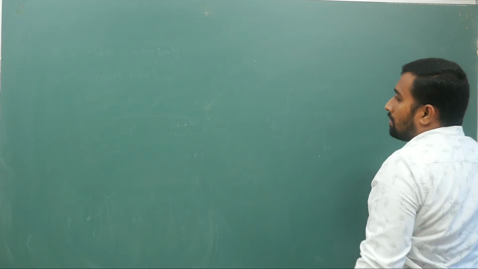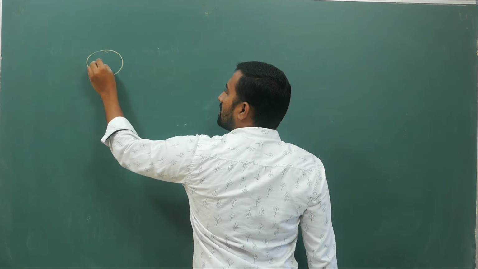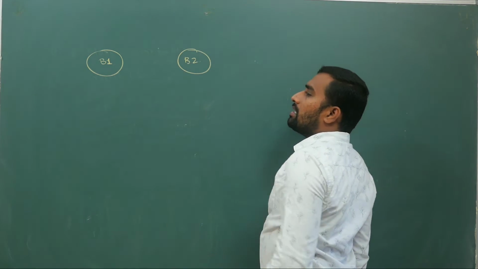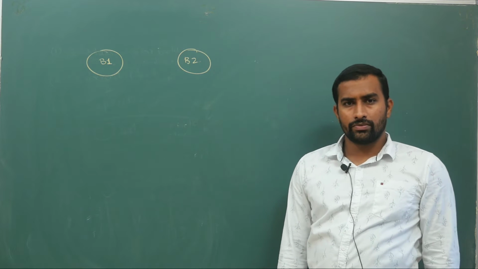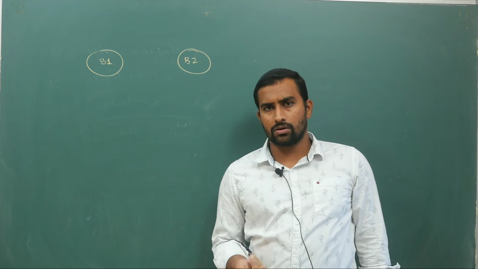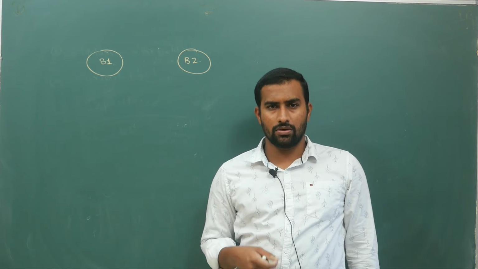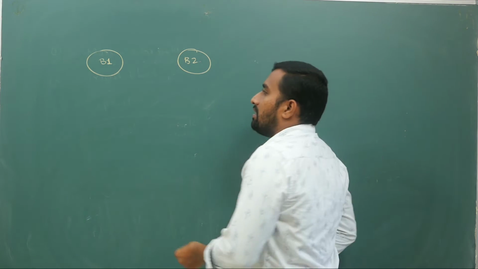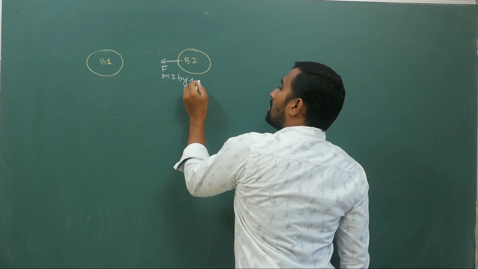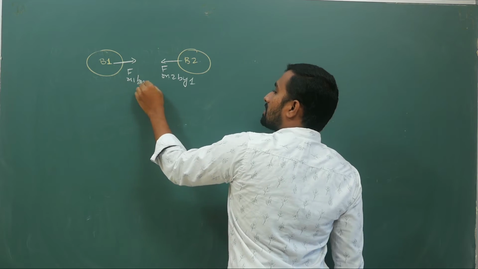Next, between two bodies, to talk of force, let us say there is some body 1 and one more body 2. Even for charged particles, if you are talking in terms of electromagnetic force, you will have action reaction pairs. Newton's third law is valid. If body 1 applies force on 2, the force on 2 by 1 is this way, and similarly the force on 1 by 2 will be this way.